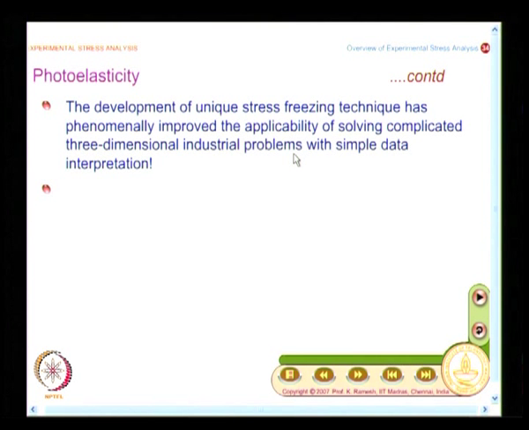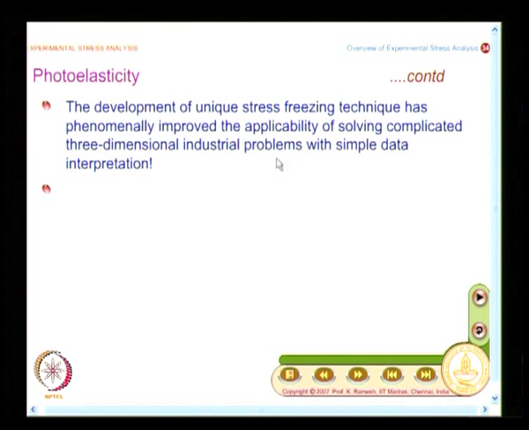Analyzing the problem as a whole is very difficult, and what you do here is you take the advantage of analyzing the problem as a whole. At the same time, from analysis point of view, you still live in 2 dimensions by slicing the model into thin slices. So, what you have here is many industrial problems, whatever the engines that you see across, whatever the nuclear reactors you come across, they have all gone through mandatory 3-dimensional photoelastic analysis.